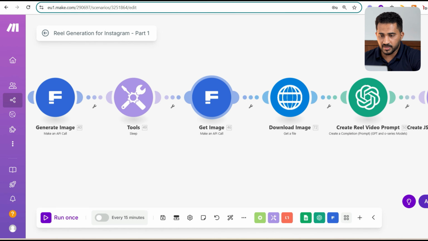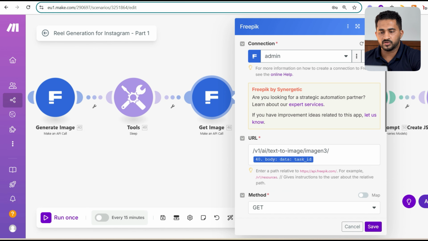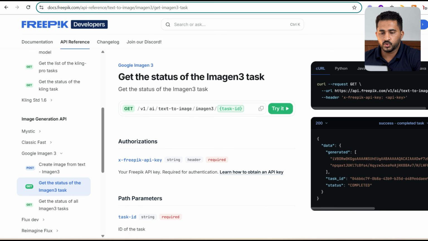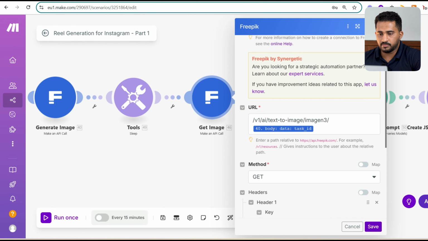Now we are getting the image that we have created. Here again, we are using make an API call module of Freepik. So here we already have the connection that I have created. We are using the get image URL. Here you can see this URL we are using, because when you initiate the image generation, you will get a task ID that we are simply mapping to this URL at the end